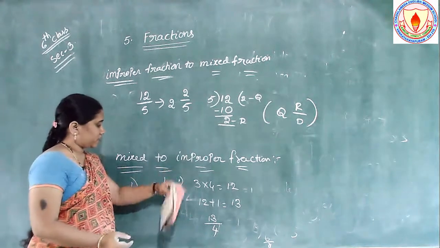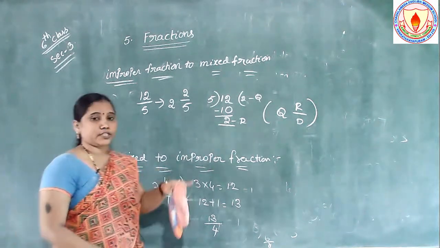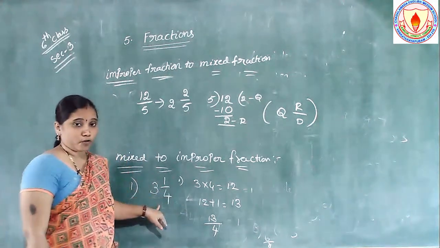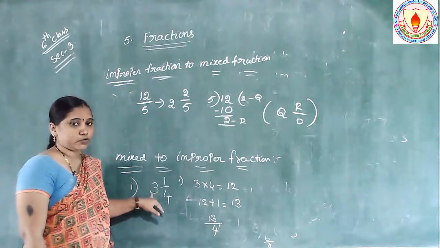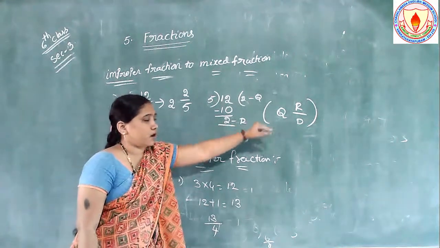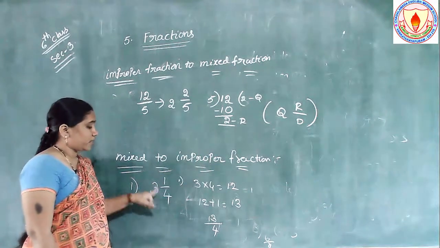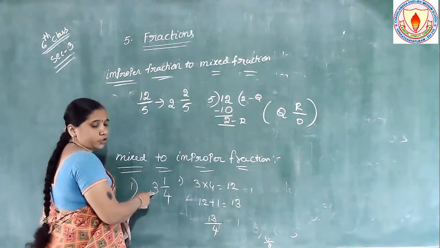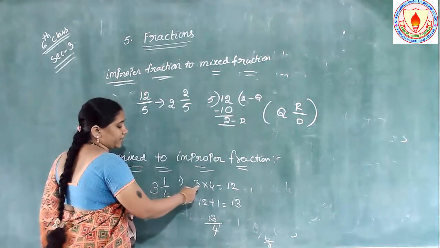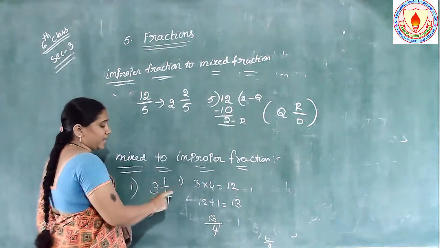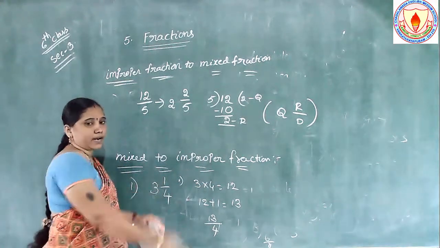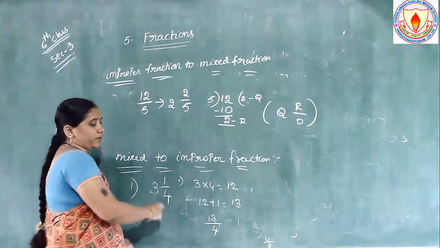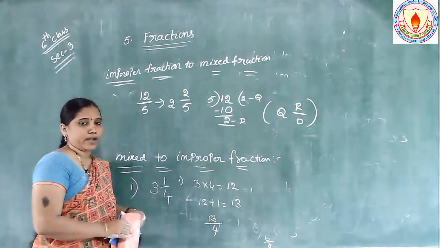So one more I am explaining here, how to convert mixed fractions into improper fractions. The mixed fraction is 3 1 by 4. First you have to multiply these two numbers. ఇక్కడ ఏదైతే మనకి QRD అని రాసుకున్నాం కదండి, first you have to multiply these two numbers. Directly you can manage here. 4 3s are 12. First you can multiply here. 3 4s are 12. Next you have to add: 12 plus పైన ఏ నెంబర్ ఉందో ఆ నెంబర్ ని యాడ్ చేయాలి. 12 plus 1 is 13 by, what is the denominator? Right, you write here directly 13 by 4.